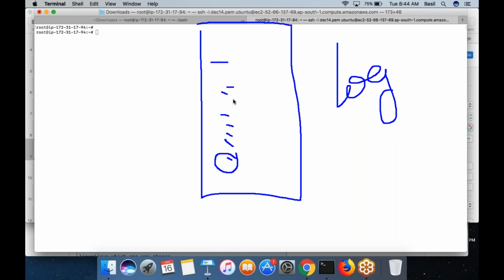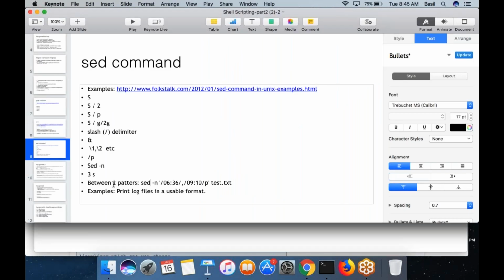You take this string, you take another string. This is the 10 a.m. time, this is the 11 a.m. time, and those times are mentioned inside this file. What you would do is you just extract the complete information from the file between these two strings. One at 10 a.m., other 11 a.m. Between these two strings, just extract everything. In that case, what you can do is just mention whichever pattern, and then sed command would actually print you the content between that. So this is how you could really do it using this particular command.